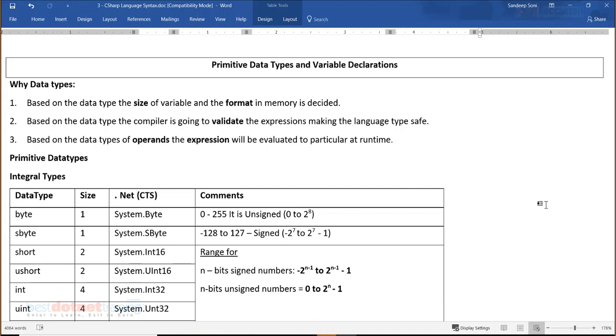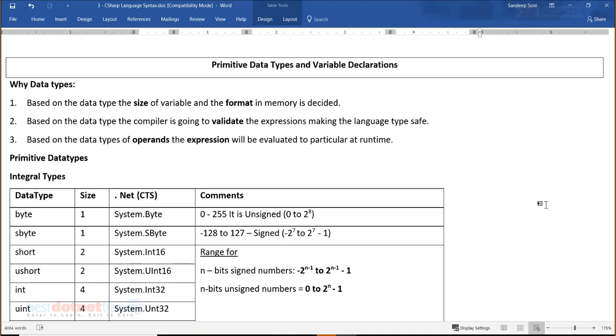First, the most important thing is, what is it that a program is made up of? What is it that an application is made up of? An application is always made up of instructions and data. Instructions are what the processor executes, and through these instructions what flows is data.